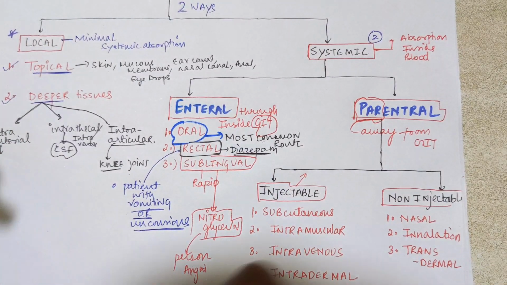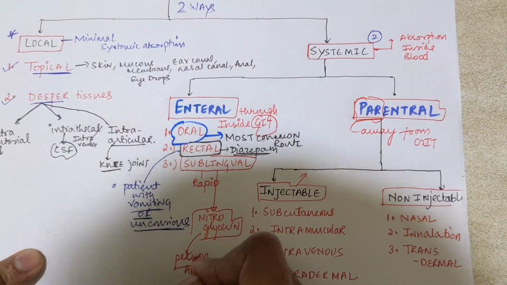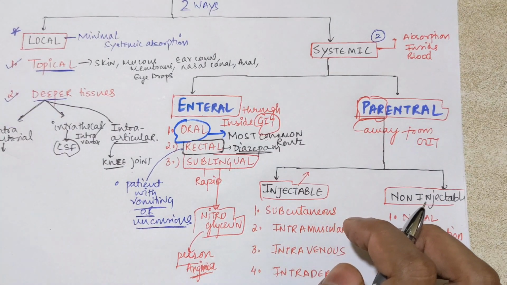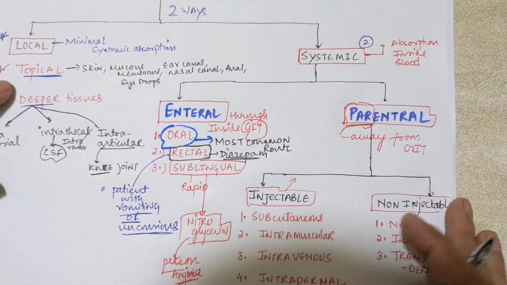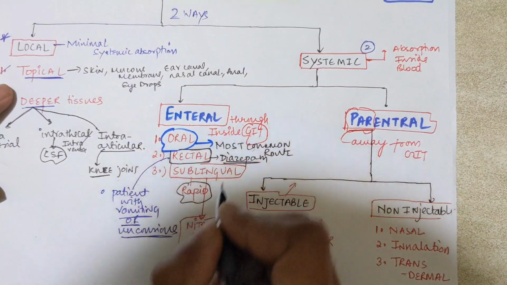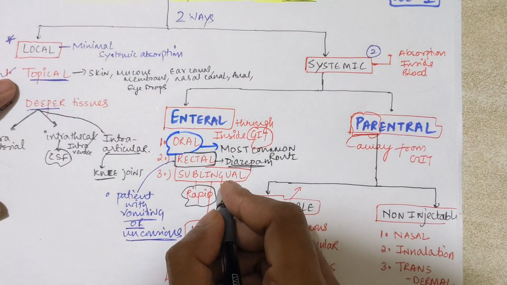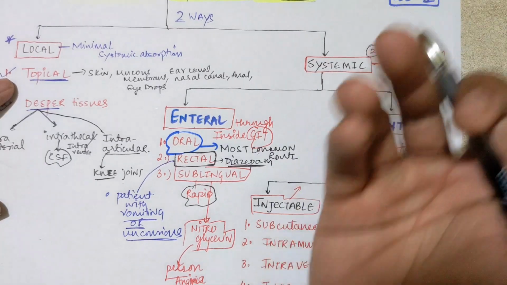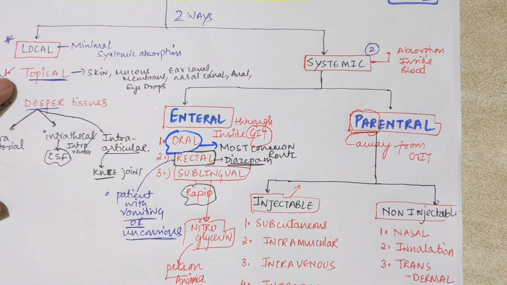So for angina, that is why a person suffering from heart disease is recommended to keep nitroglycerin inside his or her house. In an emergency case you can give this nitroglycerin. They are given through the sublingual route. And one point is that if your pain is gone, then you can spit out the tablet which you kept under the tongue.